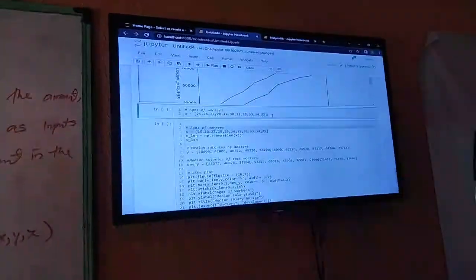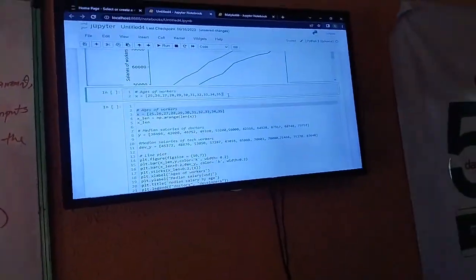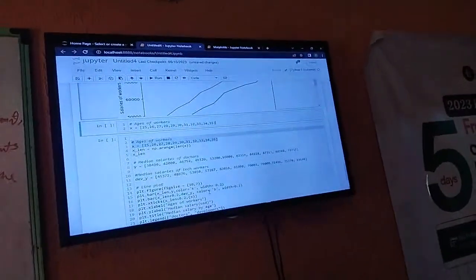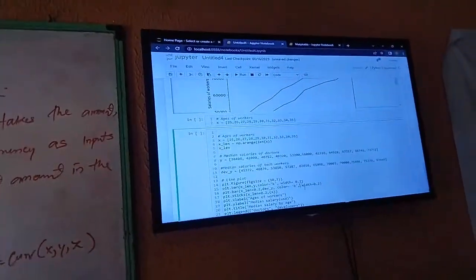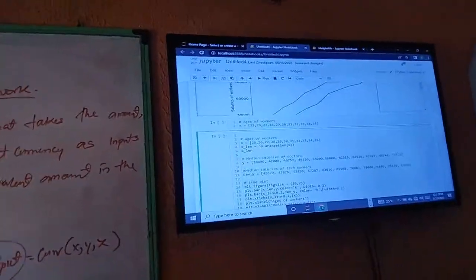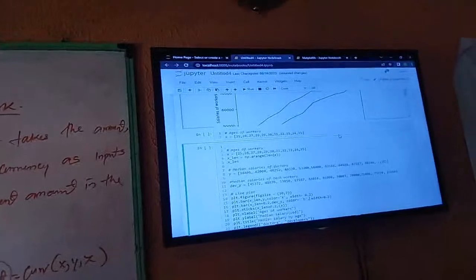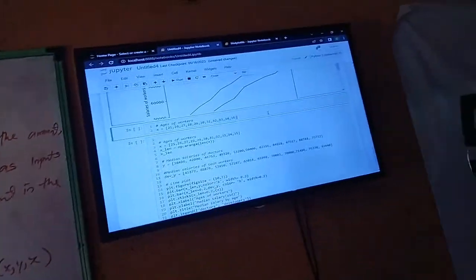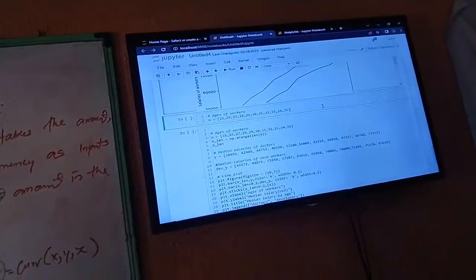Open a new cell. Now I want to create a bar chart. I'm saying you can copy and paste from the previous codes that we created, but don't copy my own. If you copy it, then you'll be moving faster than what we're going to be doing. So let's talk about bar charts quickly. From here now, we have ages of workers, and the next